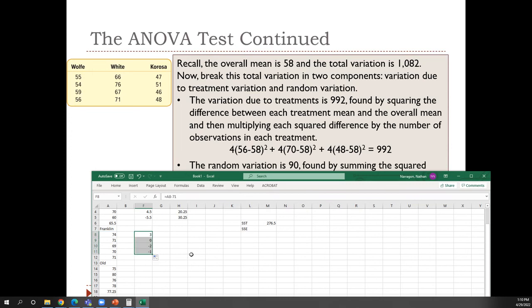Drag down. There we go. So equal to power, that one. Whoops. That one, comma 2. Okay. And last but not least,